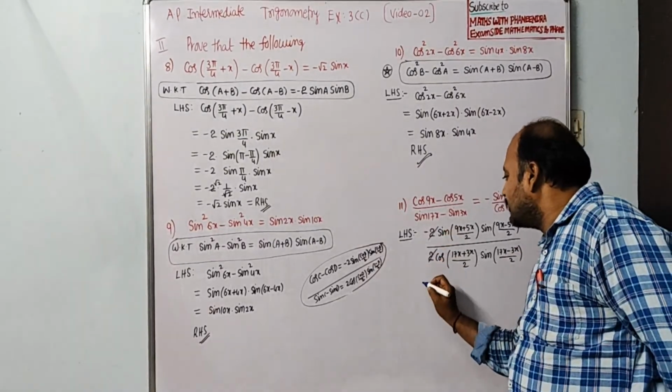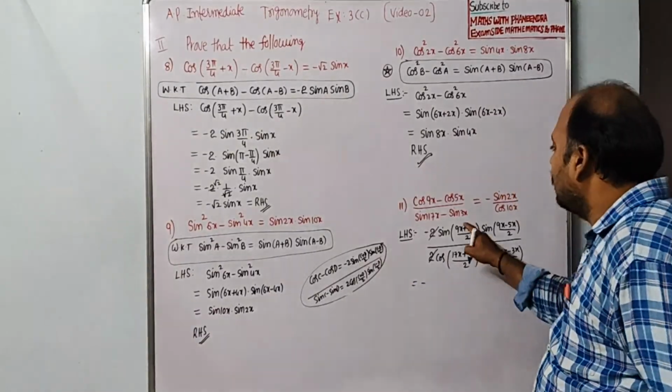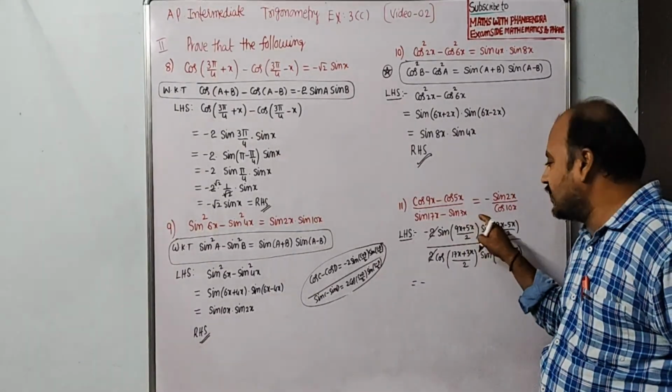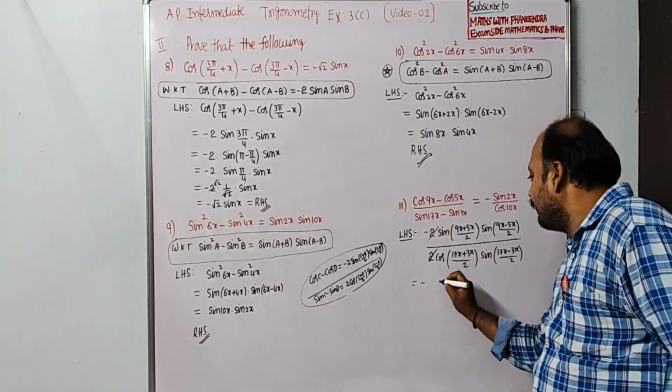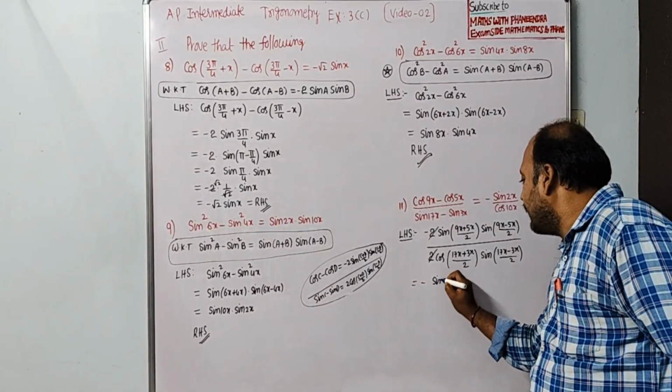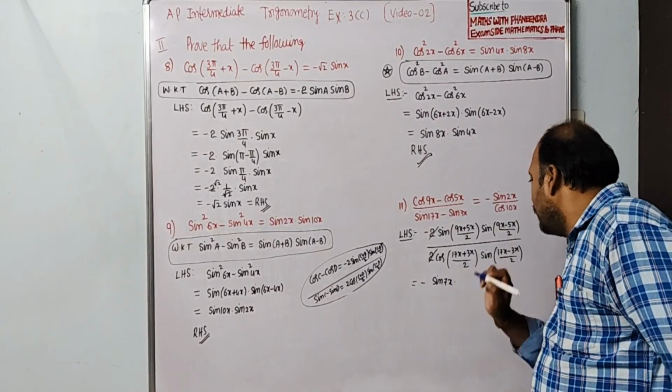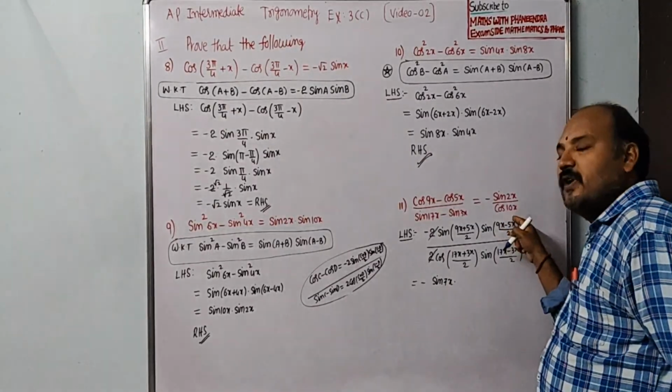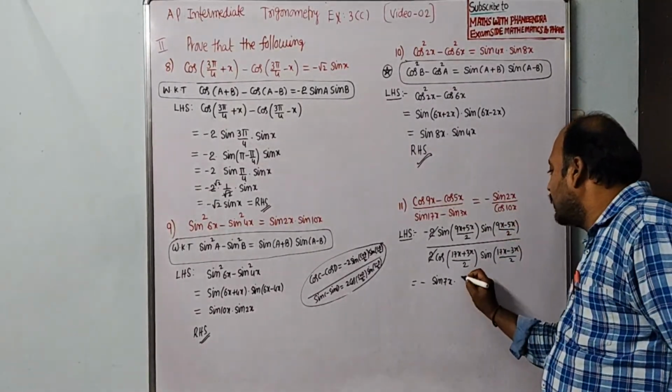First 2 get cancelled, minus 9x plus 5x, 14x by 2, so sin 7x into 9x minus 5x, 4x by 2, sin 2x